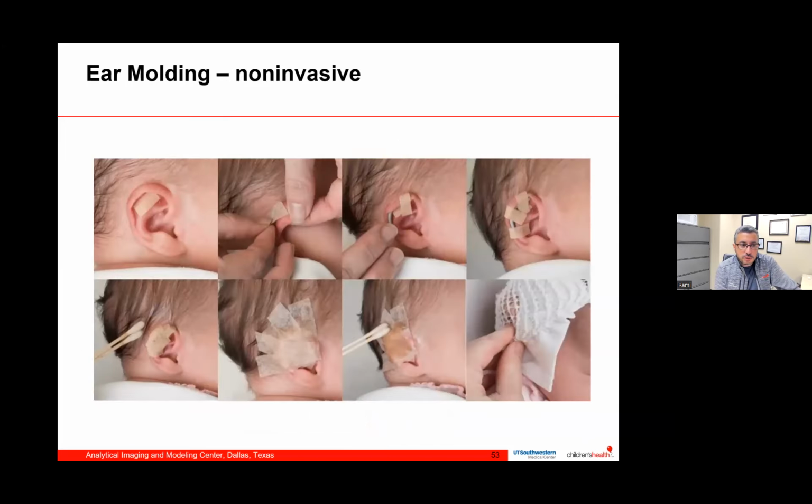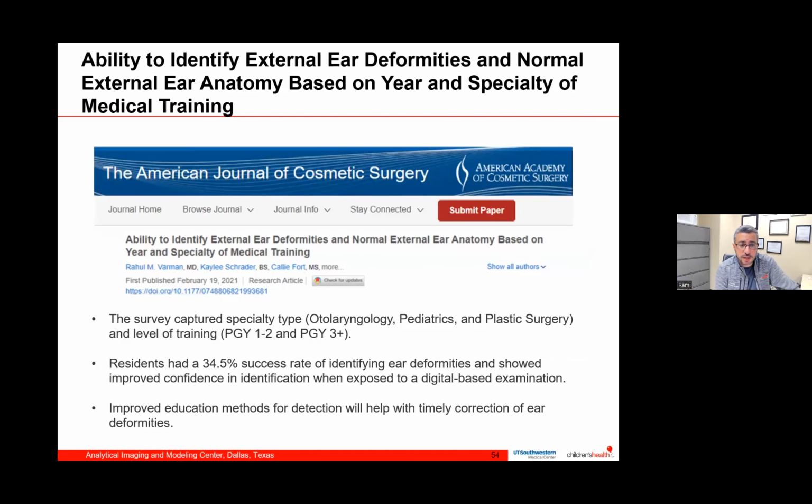The reason I wanted to do a study on ear deformity is because in our hospital, we treat patients with ear deformity non-surgically, using ear molding. And the only time this is very successful is when the patients are less than a month old. So the patients have to come to our clinic when they're only a few weeks old. And if they miss that window, then the ear becomes stiffened and we cannot do ear molding on it. And some parents or some even pediatricians are not very keen to identify ear abnormality.